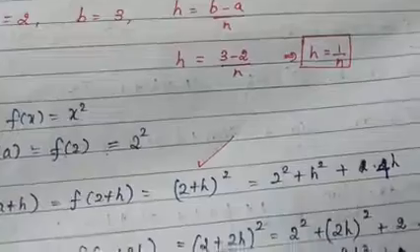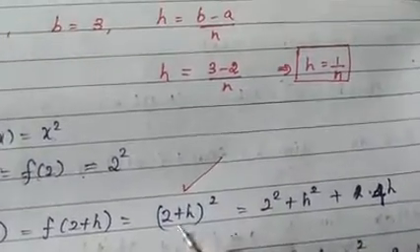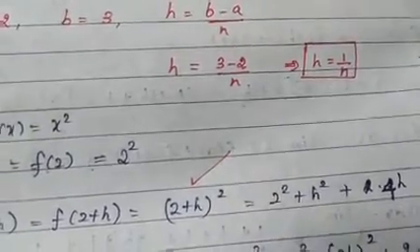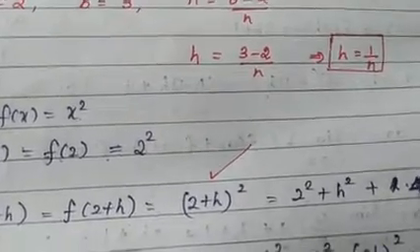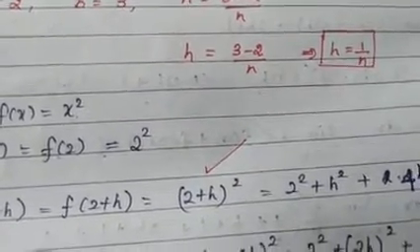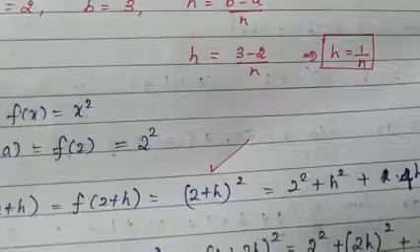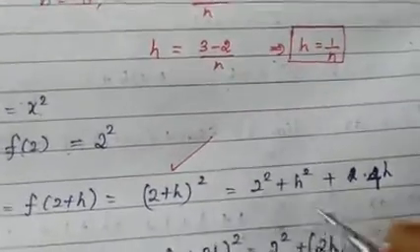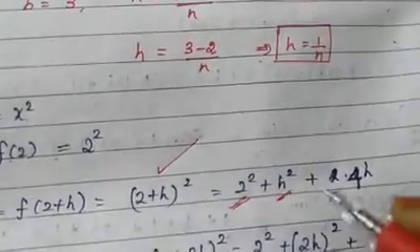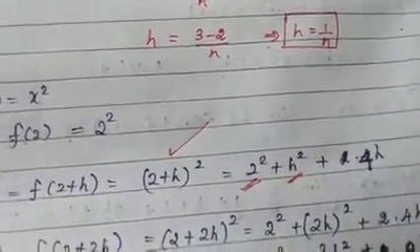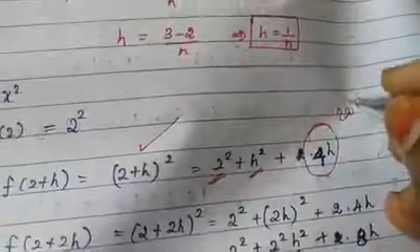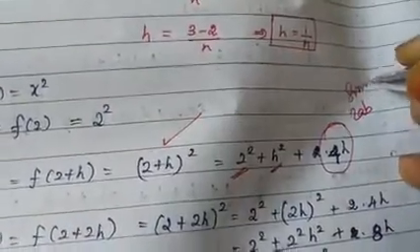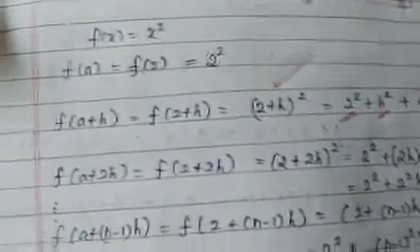Here itself, you need to expand. When you expand, what will you get? 2 squared. Write 2 squared as it is. Don't write it as 4. Whenever it is a square term, the 2ab term alone, simplify. The a squared and b squared terms, write as it is. Don't write 2 squared as 4, write 2 squared itself. 2 squared, h squared, and 2 into ab term is 4h. So I have simplified the ab term alone, the remaining I wrote as it is.